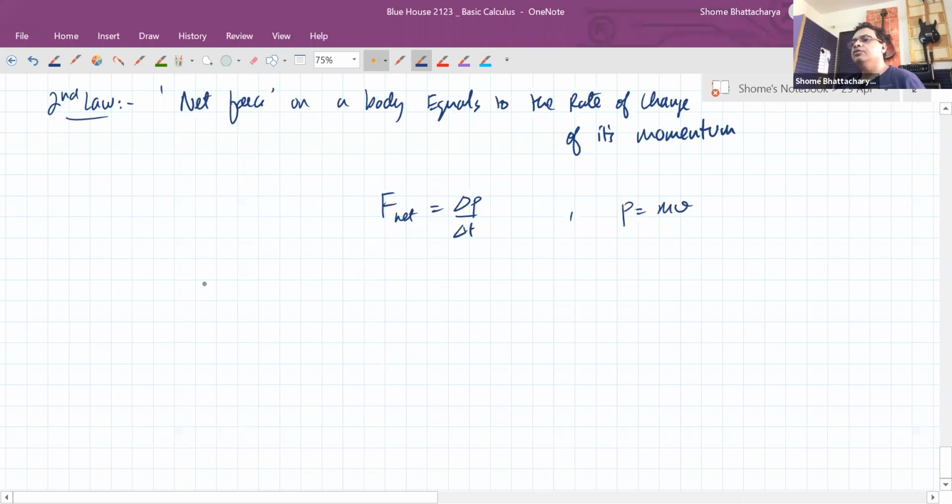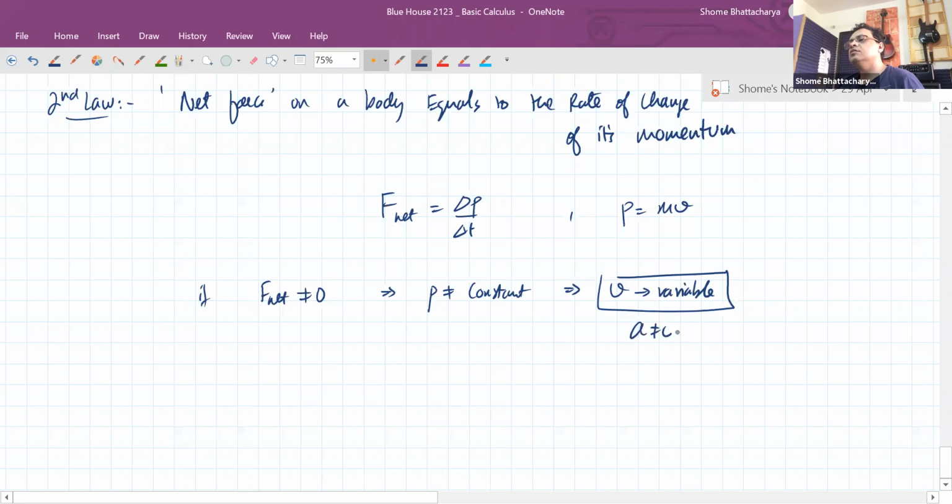So if the net force is not equal to 0, that means momentum is not constant. That means velocity is variable or acceleration is non-zero. An example of such a case would be a freely falling object,